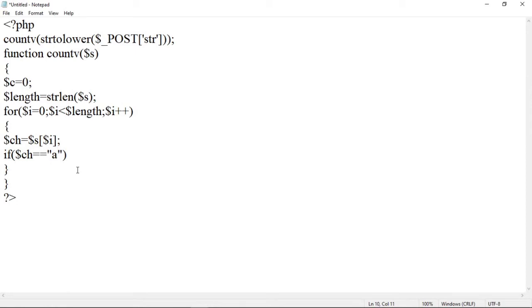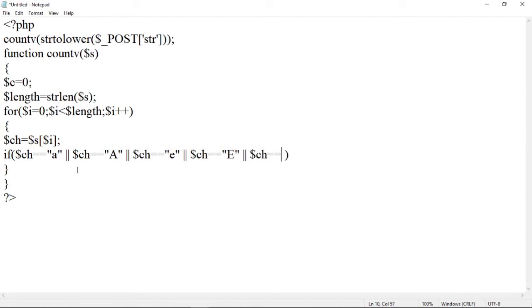So $ch is equal to a, or $ch is equal to capital A, then or $ch is equal to, similarly we have to check for small e and capital E. So use here $ch is equal to capital E. After that again or